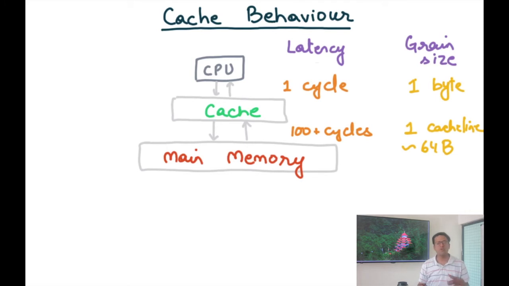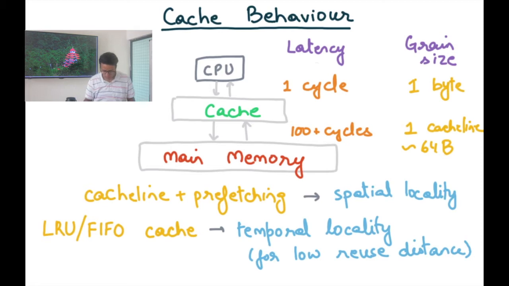So why do we have a larger grain size between cache and main memory and a smaller grain size between CPU and cache? Well, it's just a matter of distance. Something that's close to you, you can basically do more fine-grained access. The latencies are smaller. Something that's farther from you, you want to get more things in a batch. It's not very different from retailer and wholesaler. You can get small things from your retail shop, but when you get something from the wholesale, you would typically want to get things in bulk because the latencies are higher.